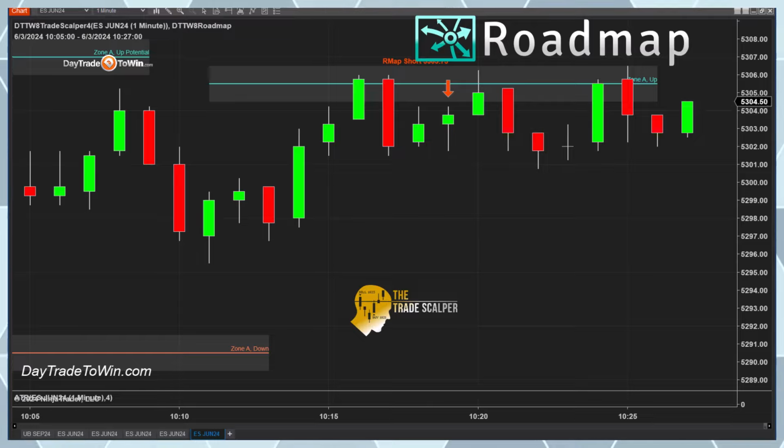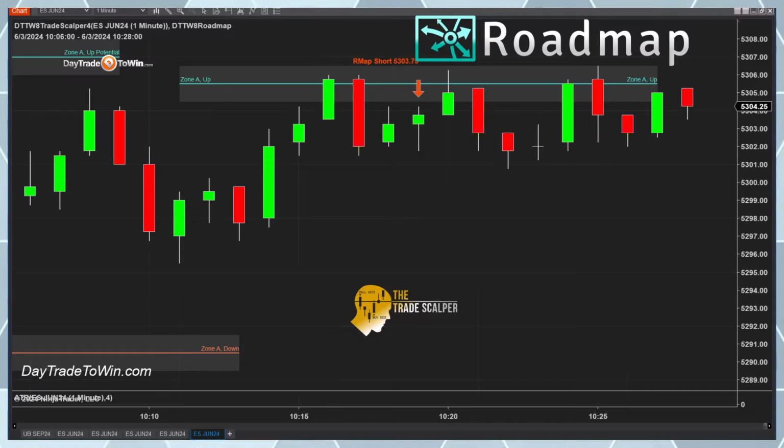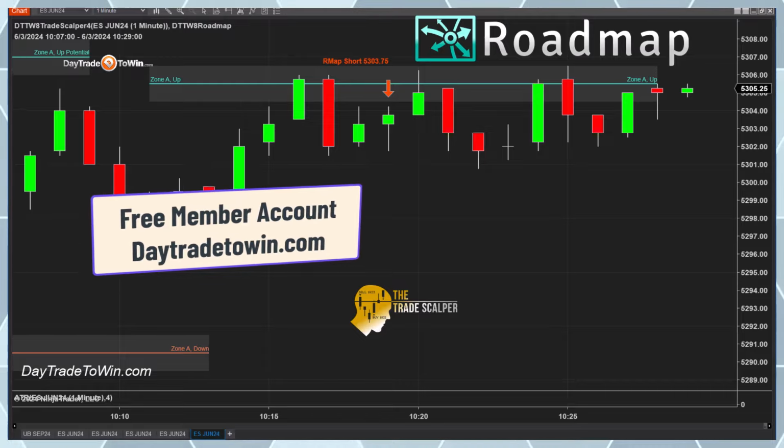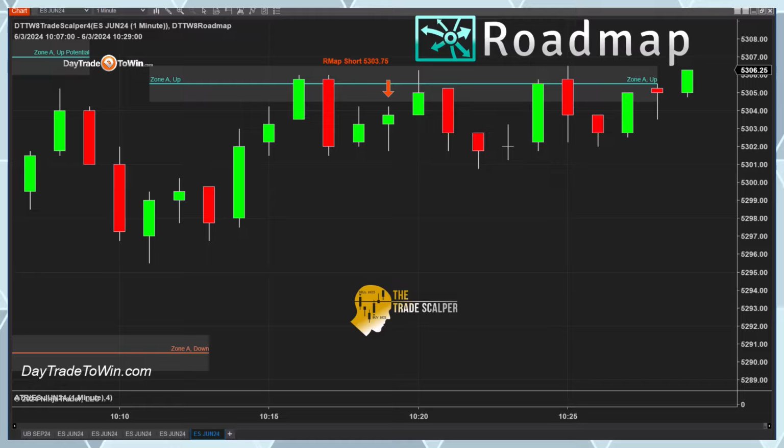Now, if it does break through the zone up, that's a long trade. We're going to go long. And now we're going to take that for, again, 2-3 points, depending on the volatility, depending on the ATR. That's how we look at trading price action. There's no complicated moving averages or MACDs or Bollinger Bands or Keltner channels or RSI. We're not using anything but how the candles are reacting around the zones with rules, and then we have our